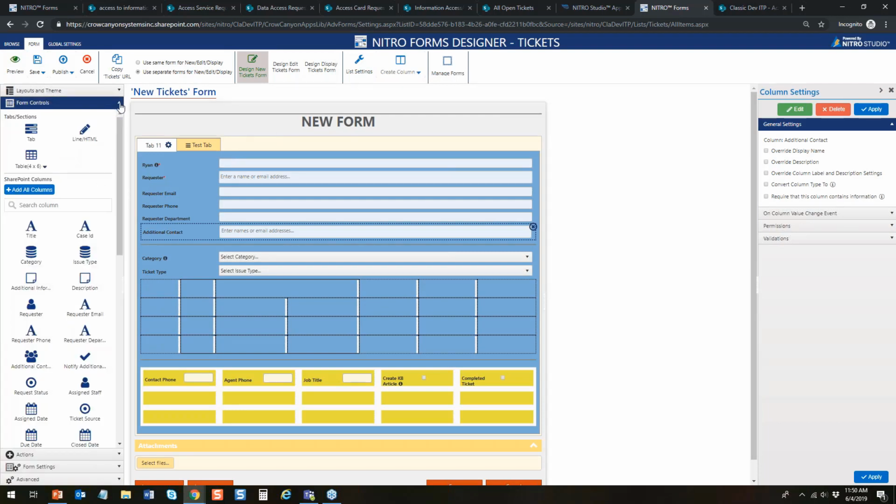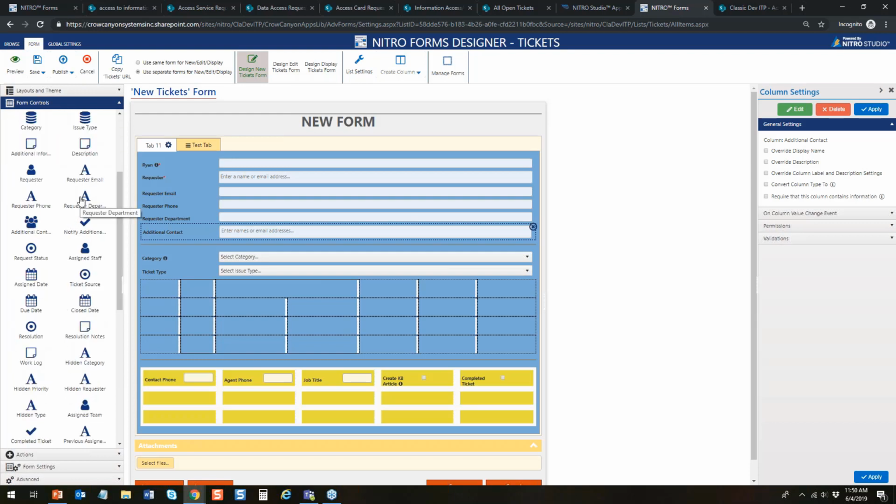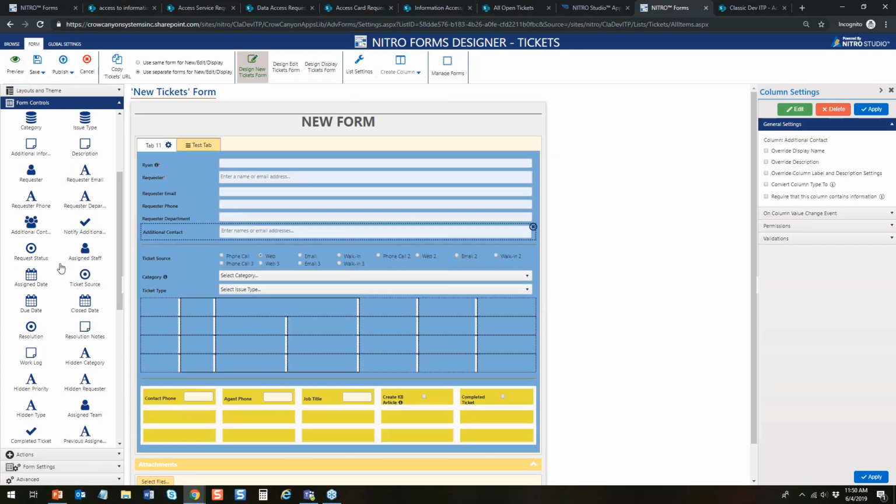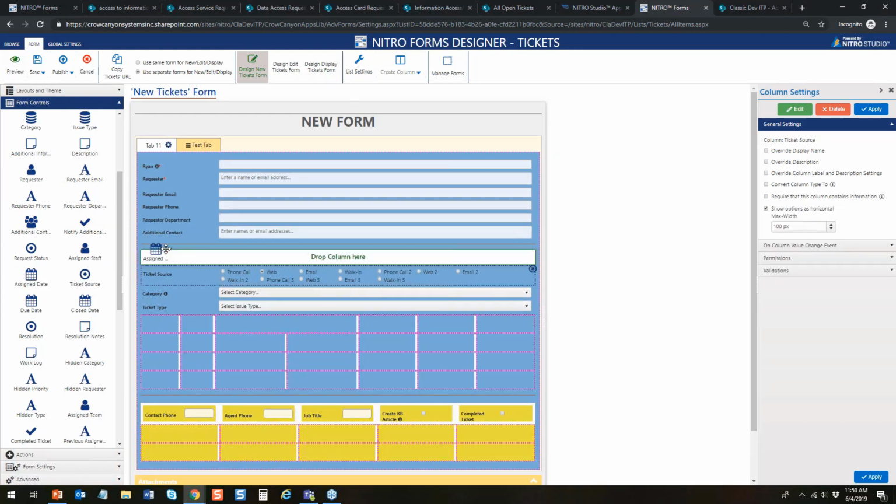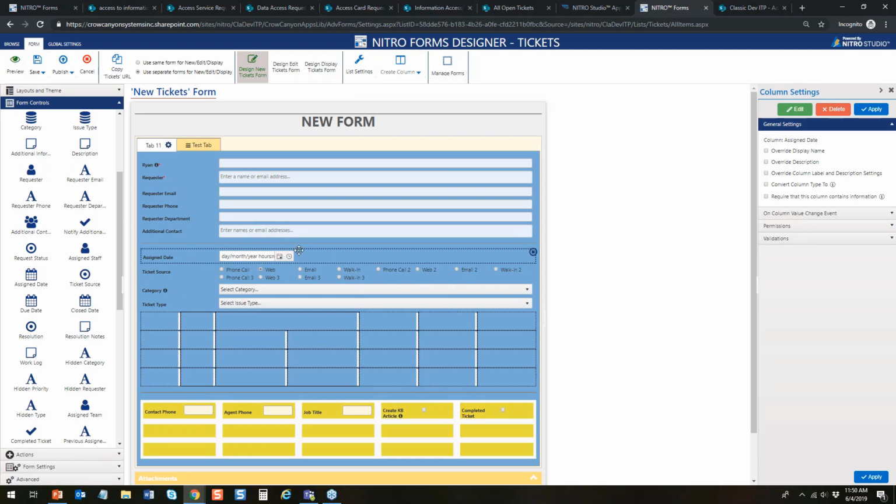I mean, if you're not interested in SQL connectivity, you say, well, I don't have to do a data source for this. All I do is drag it over and it's done, right? Here's ticket source, assign date, all this stuff. You can just put it in there and it's done. I don't have to worry about connecting it to a back-end data control. It goes either way. Some people say that's complicated to do, or it's an added step anyway, so it's something you'd be interested in discussing more, if that is